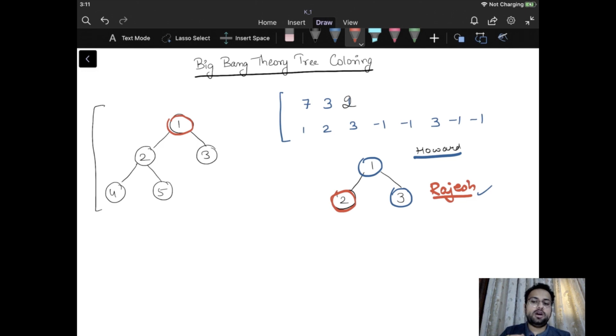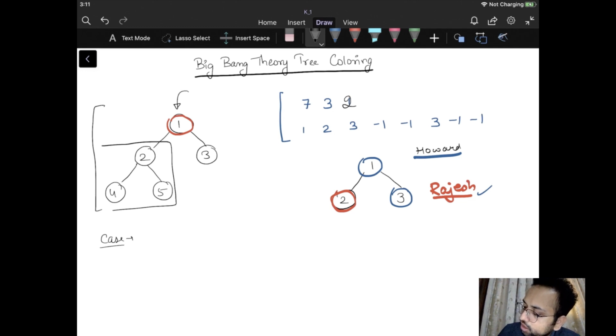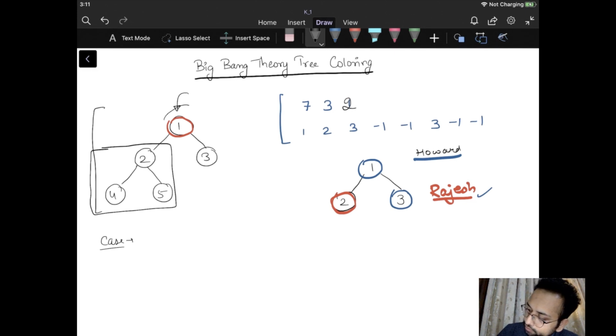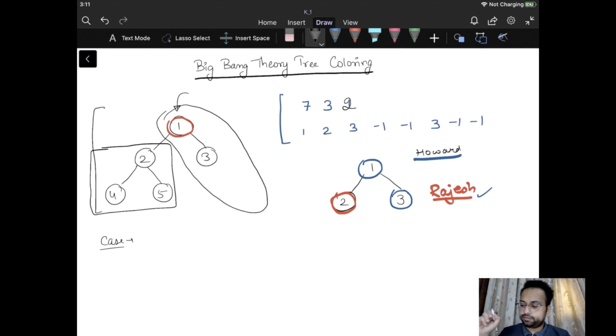I need to figure out when I can win this particular game. There are three options if you want to win. Whichever node Rajesh has chosen, there must be a left subtree that contains more nodes than the entire remaining tree.